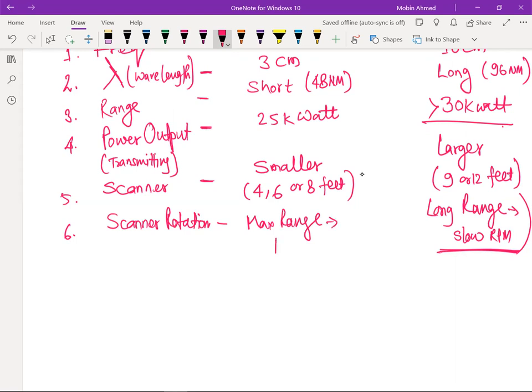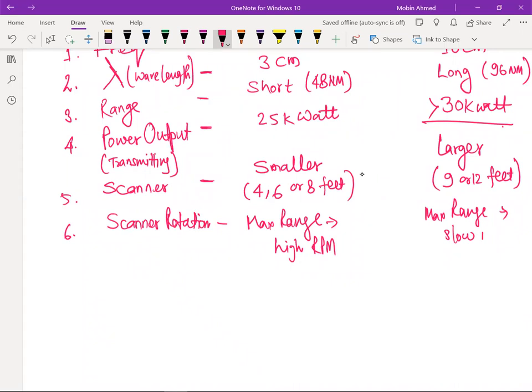It is still going to have the high RPM. And here the maximum range, when we select a maximum range, it is going to have a slow RPM. Okay. Then 7, that is known as a range